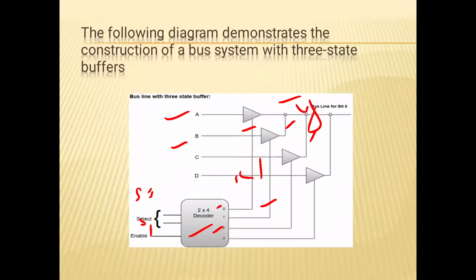Similarly, whenever S1 and S0 are 1 0, it means output pin 2 is selected and this control line is 1, and the control function lines of all the others are logically 0. It means the y outputs of all other three tri-state buffers are logically disconnected or in the high impedance state, and only the value of the second output, that is the C register content, is loaded on the bus.